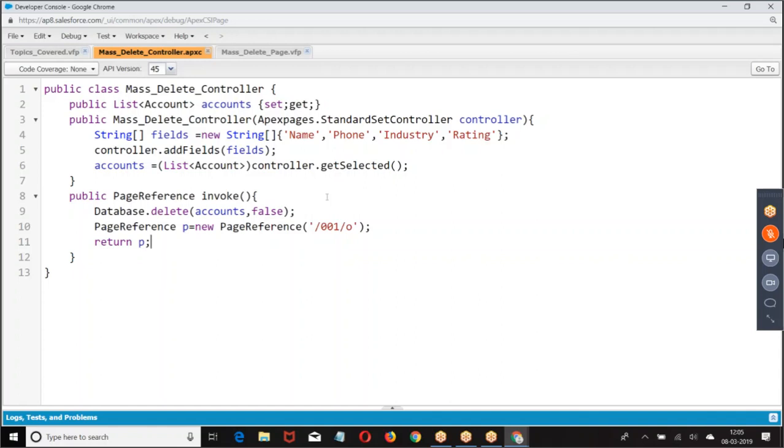Create an extension class which will take all the account records which are selected and update the owner as Wilson.